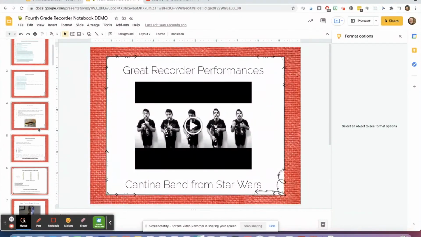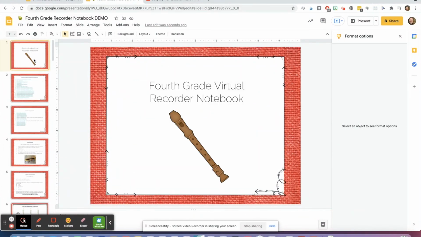So this is the digital notebook, and I will tell you, you can do it in a variety of ways. If you're using Google Classroom or a learning management system like Canvas or Schoology, then you can assign the book each week to your students and add things incrementally. Or,